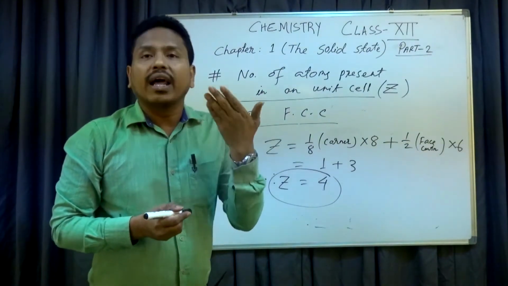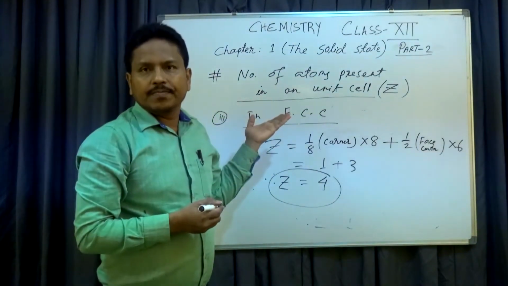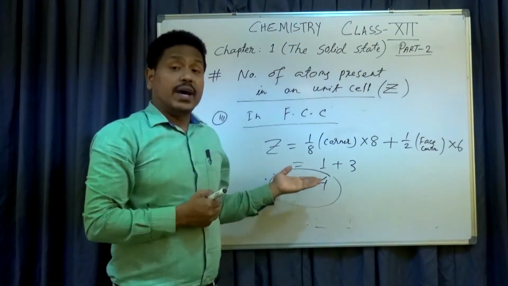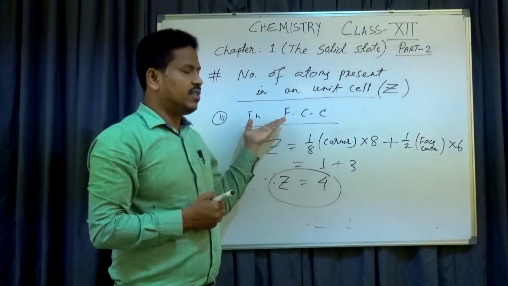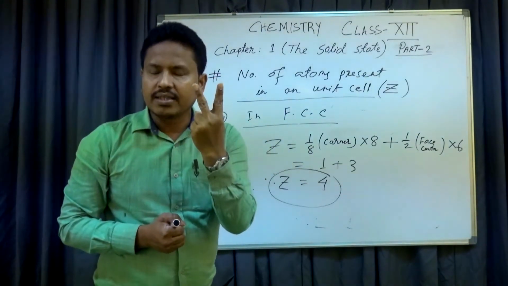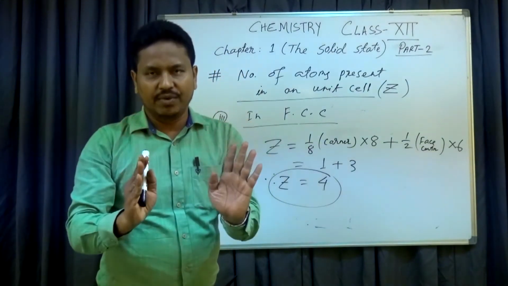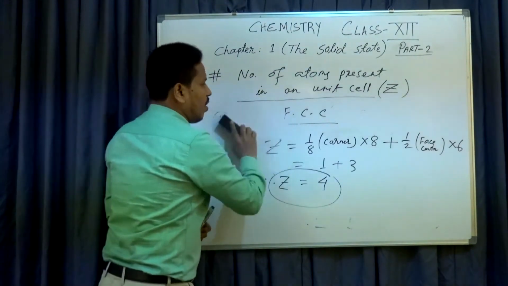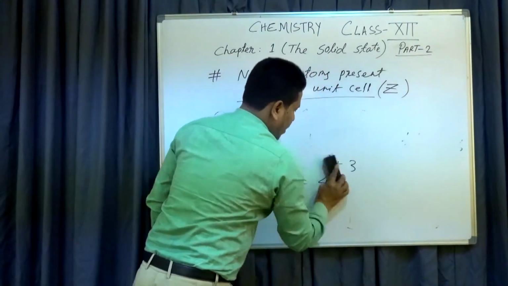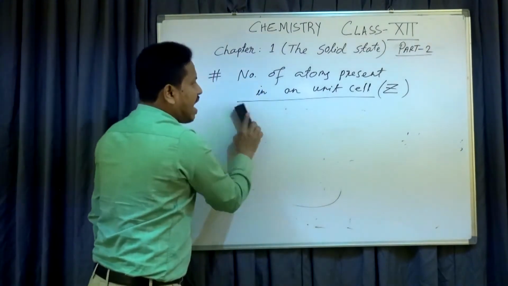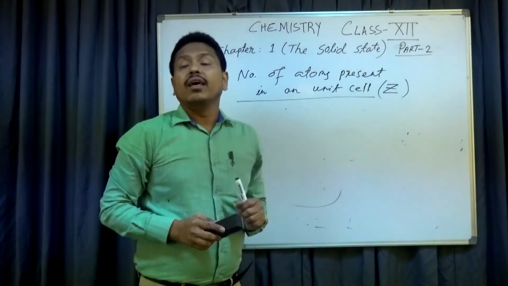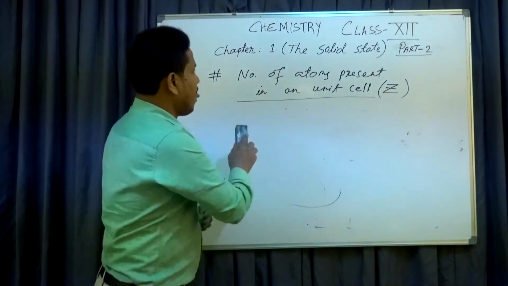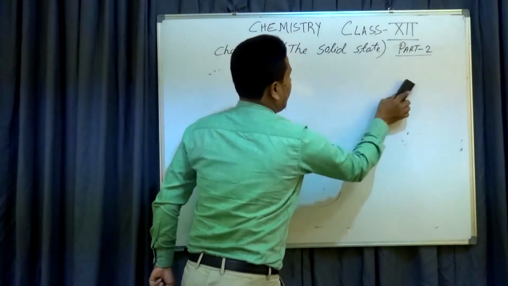Whenever we calculate the density of solids for various types of crystal lattice, the value of Z is very important. Z equal to 4 for FCC, Z equal to 2 for BCC, Z equal to 1 for simple or primitive unit cell. Mind it very carefully. Okay, students? So this is over. Now we have understood the value of Z, that is the number of atoms per unit cell in different types of crystal systems: simple, BCC, FCC. This is over.